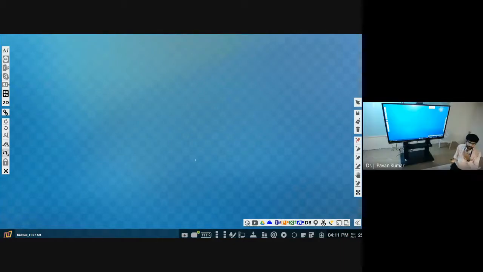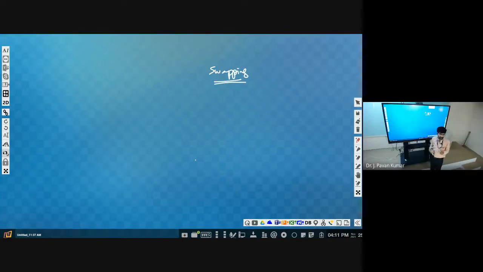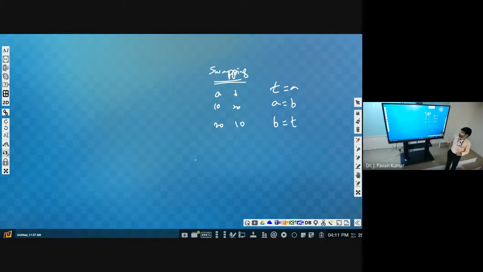Next, in the previous classes, we have discussed swapping of two numbers. I think in the revision class we have discussed it. Whoever attended might have benefited. Anyway, I will repeat in 1 minute. Swapping of two numbers in the sense: A value is 10, B value is 20. We have to get A value as 20, B value as 10. How can we get it? C is equal to A, that is one temporary, A is equal to B, B is equal to C. Okay, this is the first method.